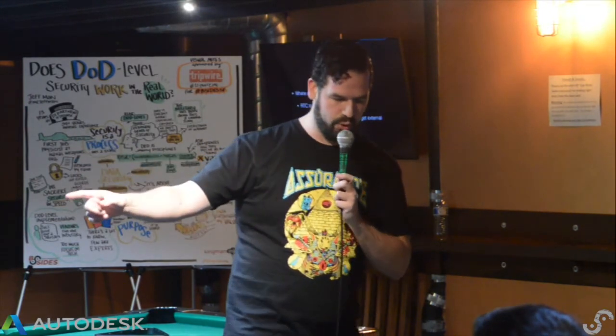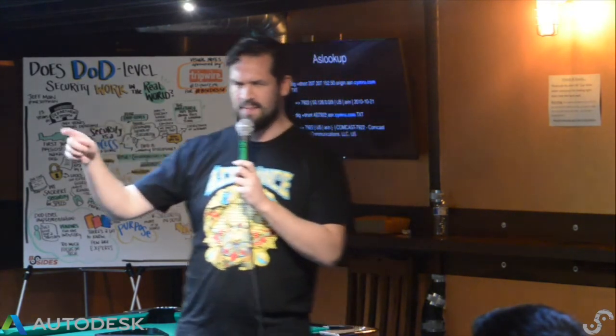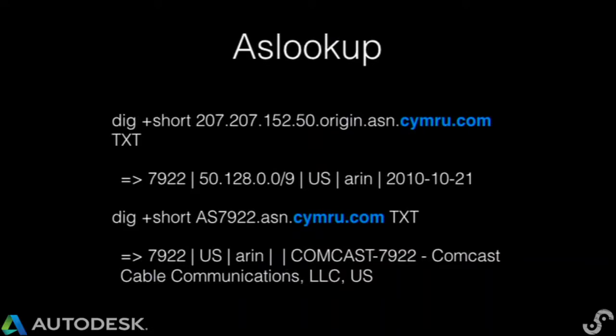I'm jumping ahead. One of the things I did to figure out where the computer actually was, was implement a different service in BeEF that interfaces with Team Cymru's services. Have you guys ever seen them? They've got a bunch of lookup services, and you can do reverse lookups and ASN lookups with Team Cymru, and they also release it over DNS, which is super fast. So we've got a web service where you can ping an IP address against Team Cymru, they'll give you the ASN, and from there we can pull out the ISP information.